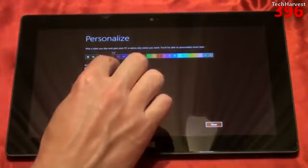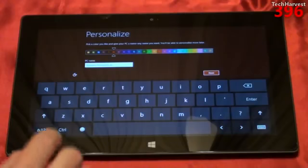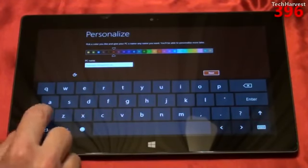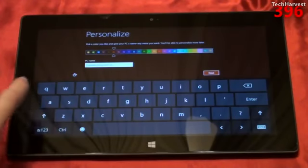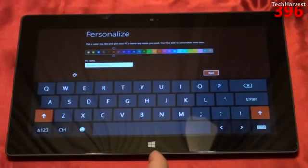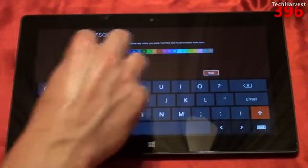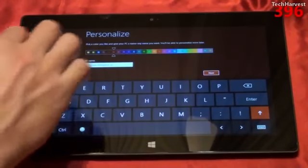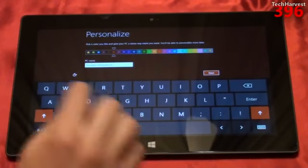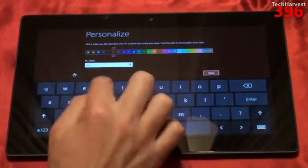And let's name this computer. I might as well just go with Surface. So as you can see here, here's the keyboard, and one of the things I like about Android is when you hit the Shift key, you have a representation of a capitalized or a lowercase letter. The same is true here on Windows. That is not true on iOS. So far so good. The only thing I would like is if they had a row of numbers, but that would probably take too much of the screen real estate away. I've only seen a row of numbers on the HP touchpad. So let's call this Surface, if it lets me,